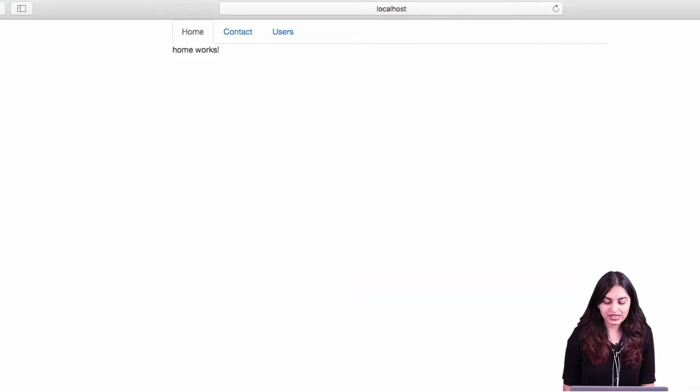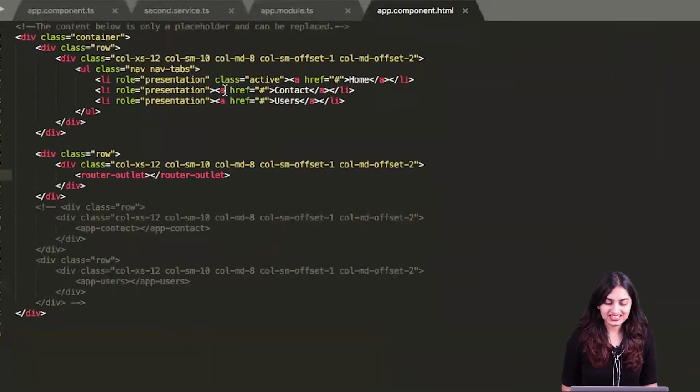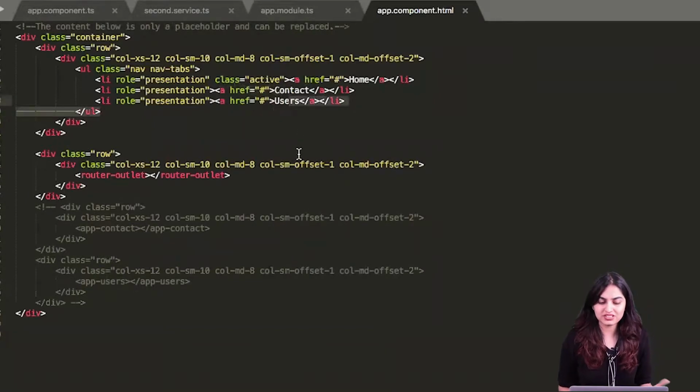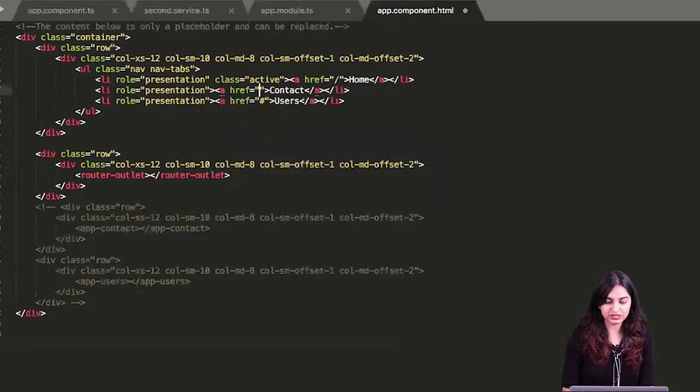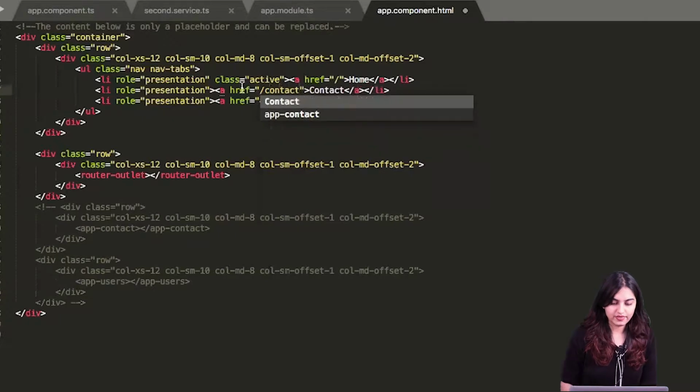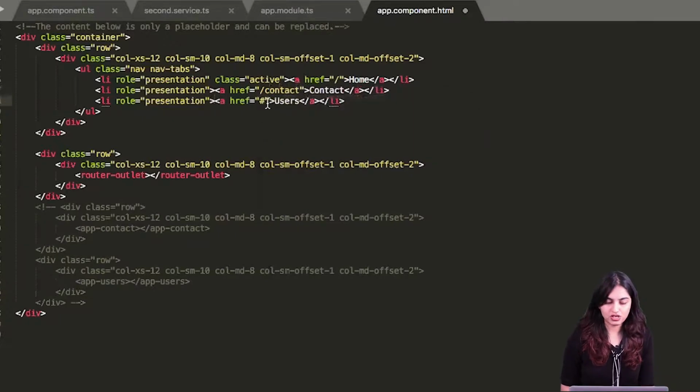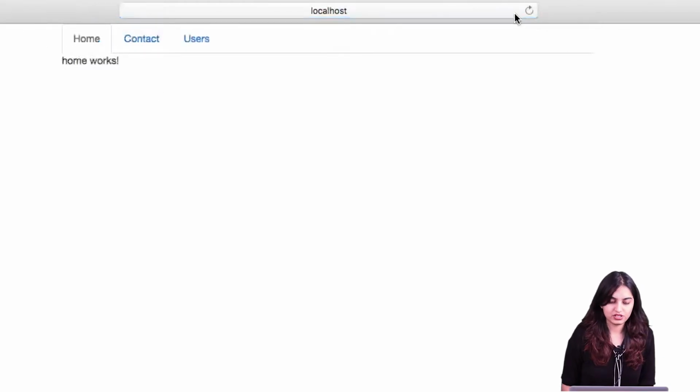So if I go to my HTML, I can see that there are links present here. There's href content, right? That means there are links present. So all I have to do is probably just add slash here, because that is my path for home, slash contact here, that being the path for my contact, and here I'll write slash users. If I go back to my web browser,